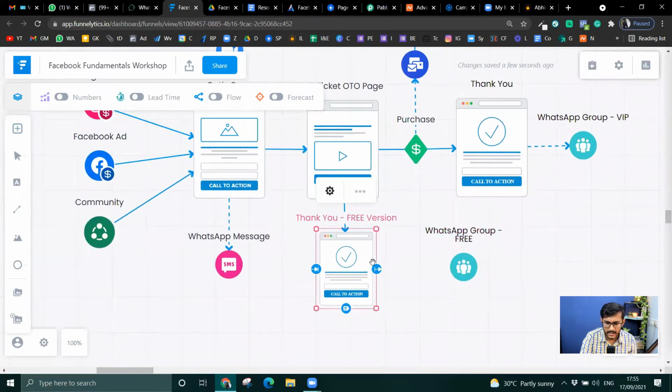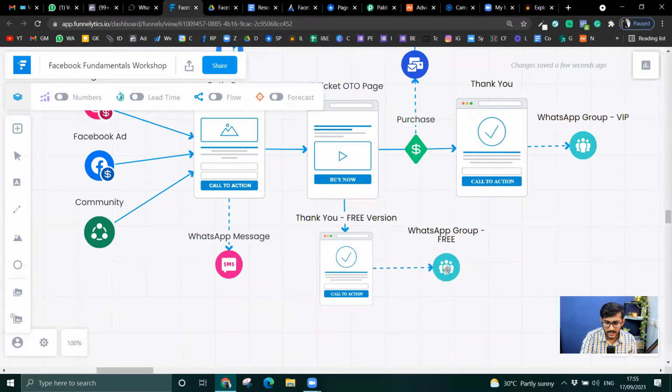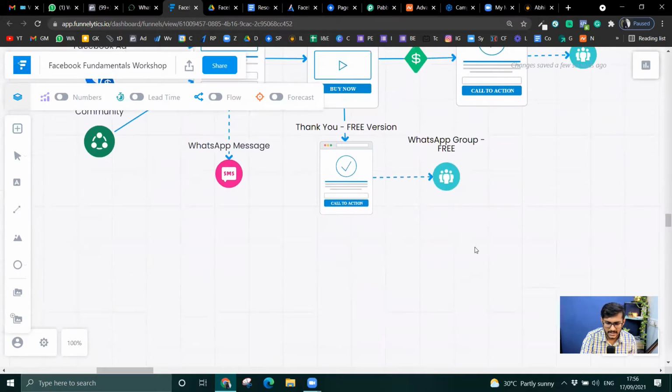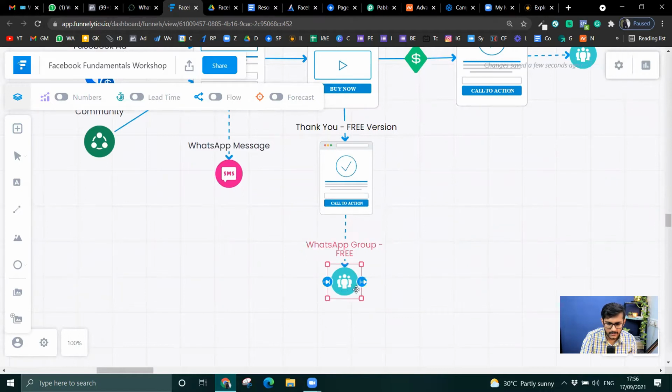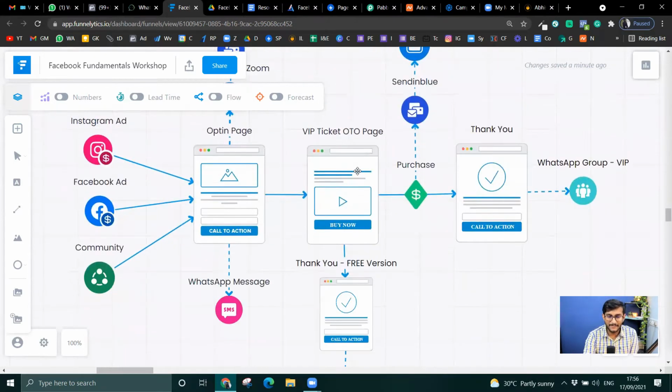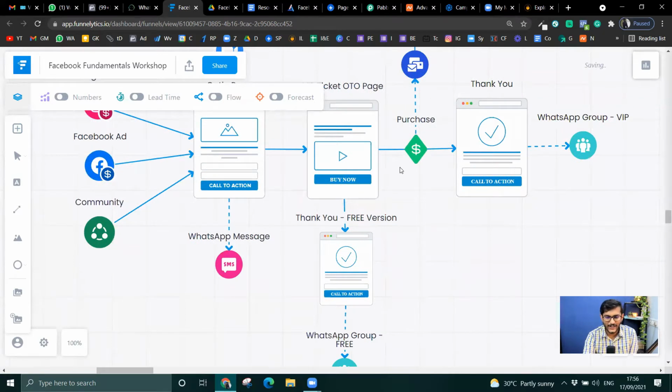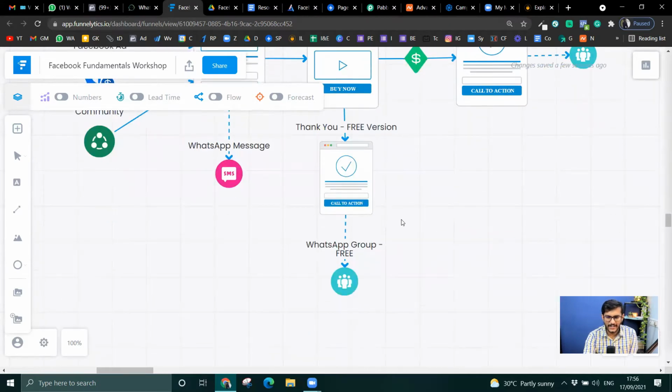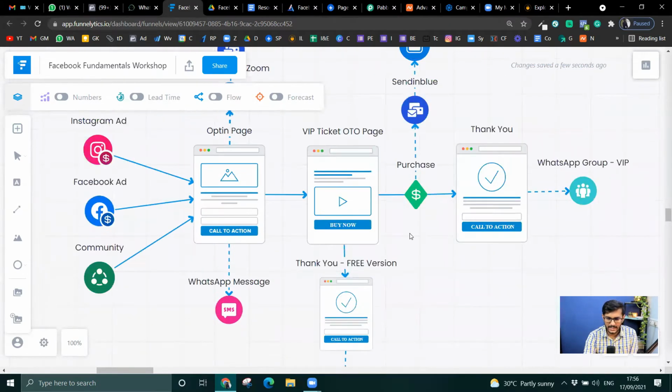You might say, hey, why not a Discord group, why not that group, this group? We can do that, there's no problem. Just at the moment I want it to be this way. So they basically go here in the WhatsApp group. Now, let's first build this much. If I have missed something, we'll definitely continue from there. Yep, I think everything is figured out. I don't think I have any problem.